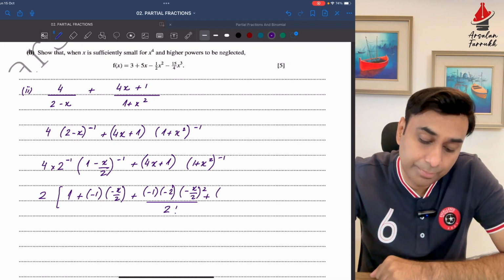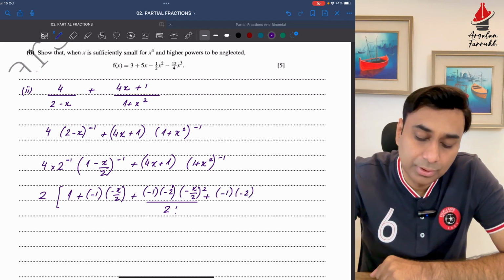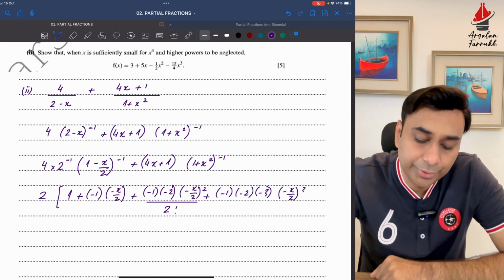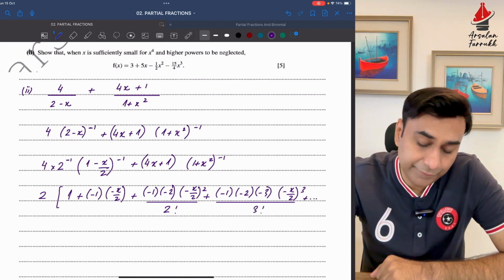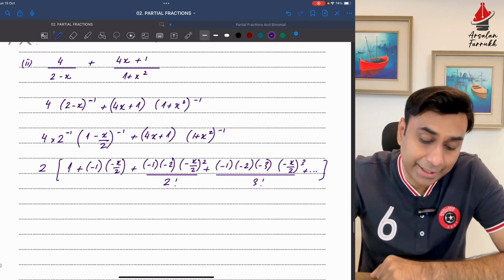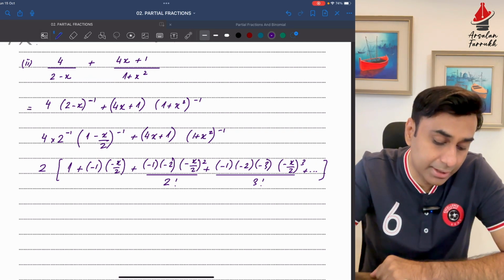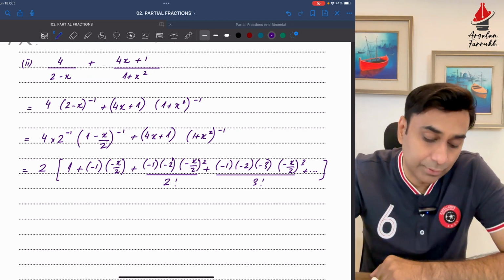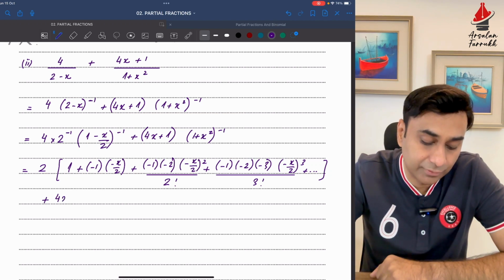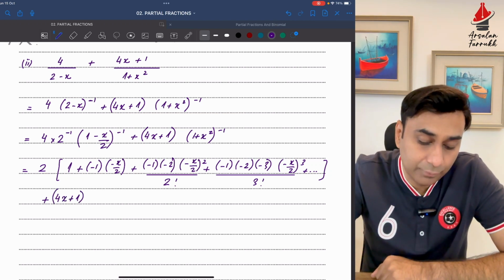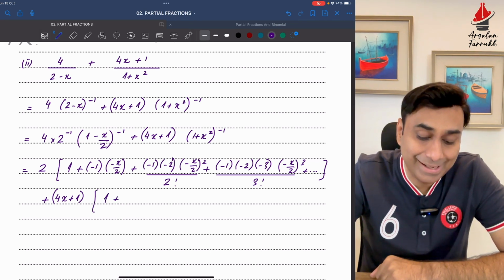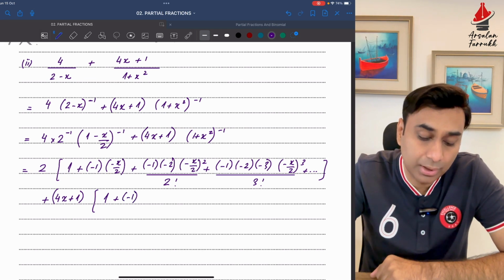And since I need it till x cubed, I'm going to write down the next term as well, which is going to be minus 1 minus 2 minus 3 times minus x by 2 whole cube divided by 3 factorial. I don't have enough space here, so I will continue writing down the next part of the series in the next line. So basically this is equal to this, and this is equal to this. So I have to add this series as well, which will be 4x plus 1. And then I'm going to expand 1 plus x squared. So that's going to be 1 plus nx, that is going to be minus 1 times